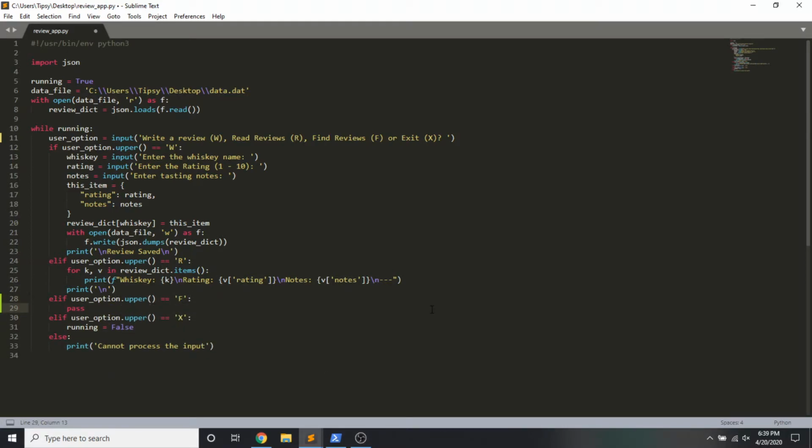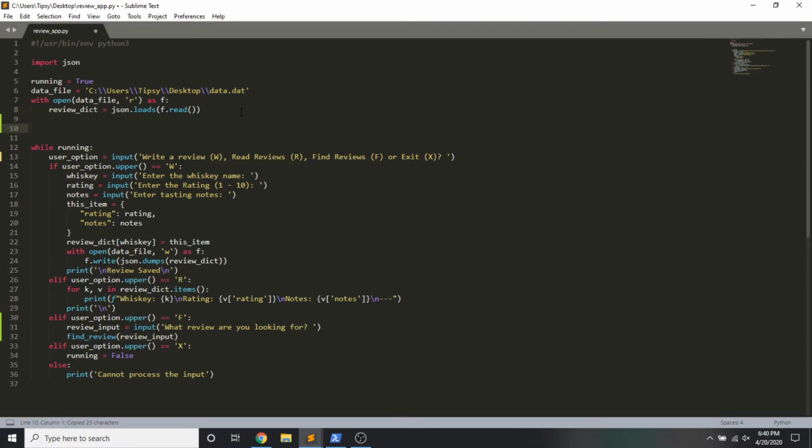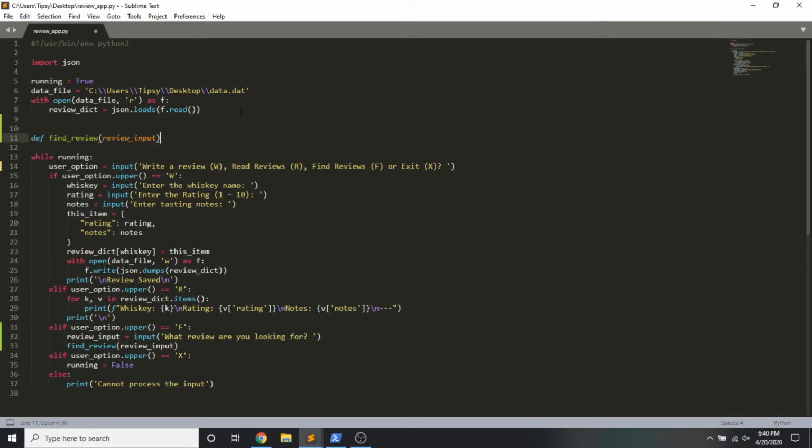And then we could do something like this. Let's say review input equals some input from the user: what review are you looking for? And I want to break my logic out into a function. So here I'm going to write a function called find review, and it's going to take as a parameter this user input. Now I'm going to define my function before this starts running, starting with the def keyword, the function